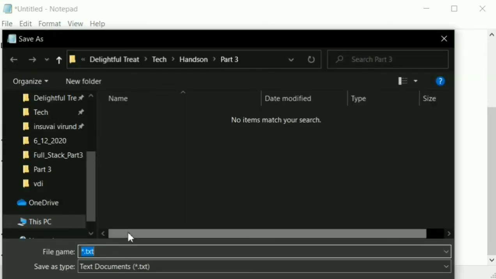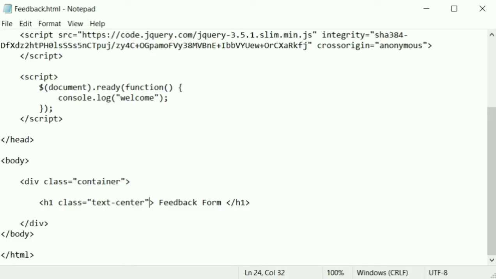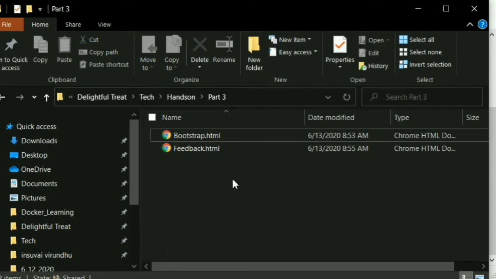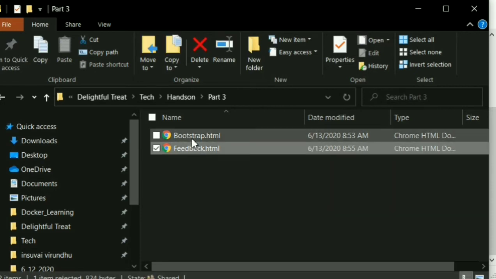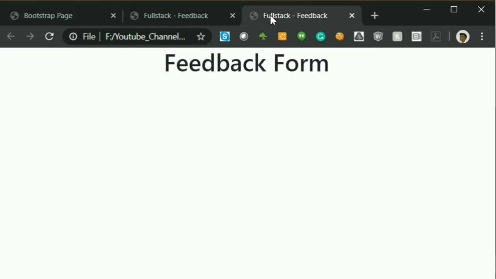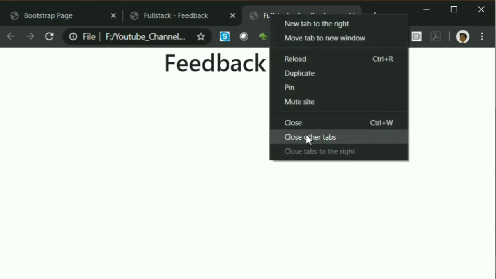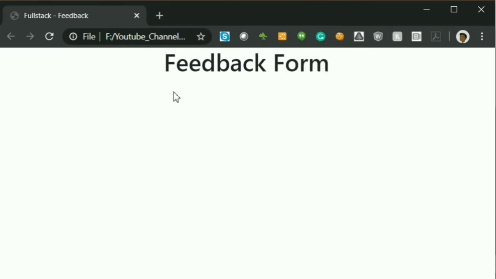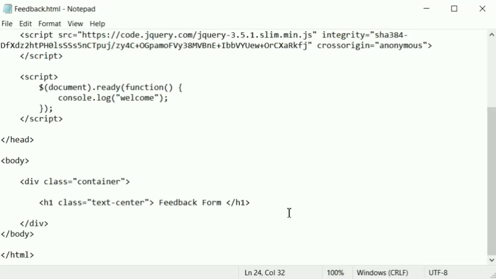I'm saving this file with the name feedback.html, and I'm opening this page in a browser by double clicking it. So I'm just closing the remaining browser here, and we can see that feedback form, which is displayed as a heading and center. So next, we are going to create a form.